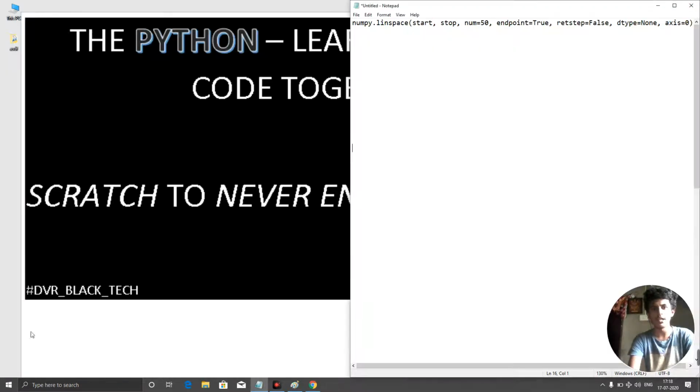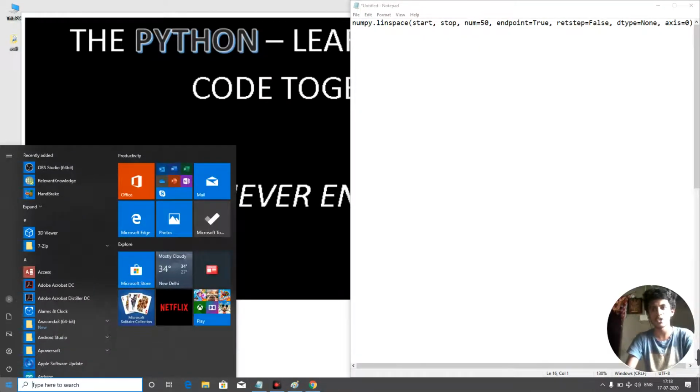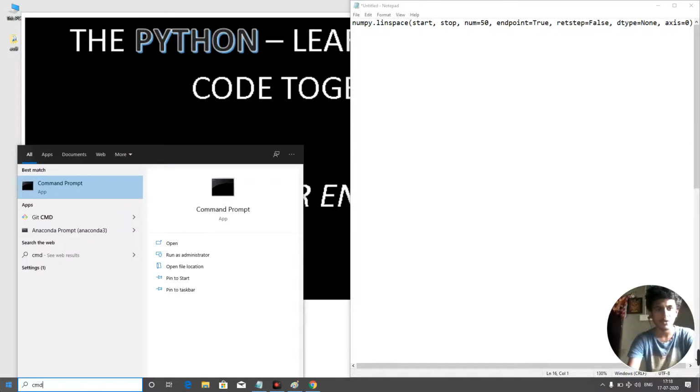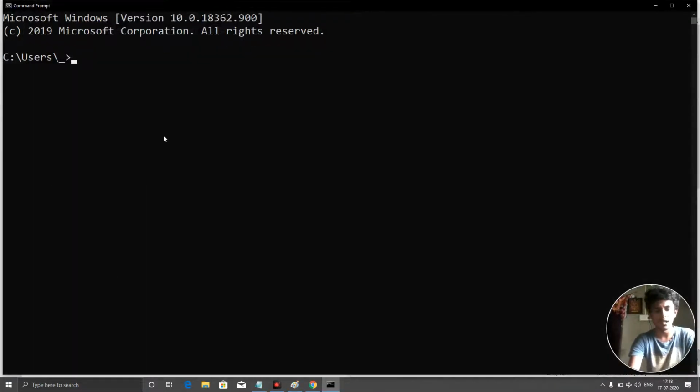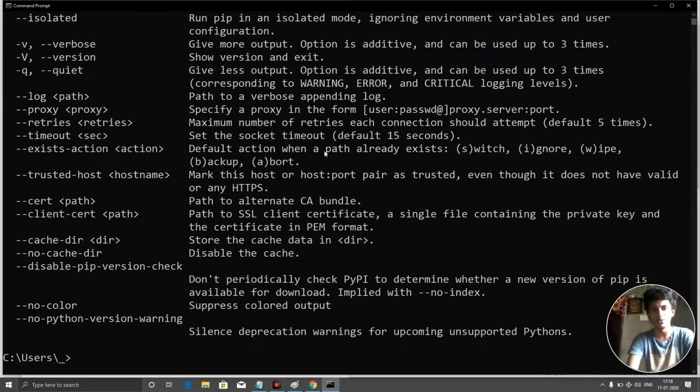For that, as I already showed you how to install numpy, pip install numpy, in a similar way we need to install this. Go to command prompt, and pip is already there, because if we just type pip, it will give us all those things. Now I need to install matplotlib. So I need to type pip install